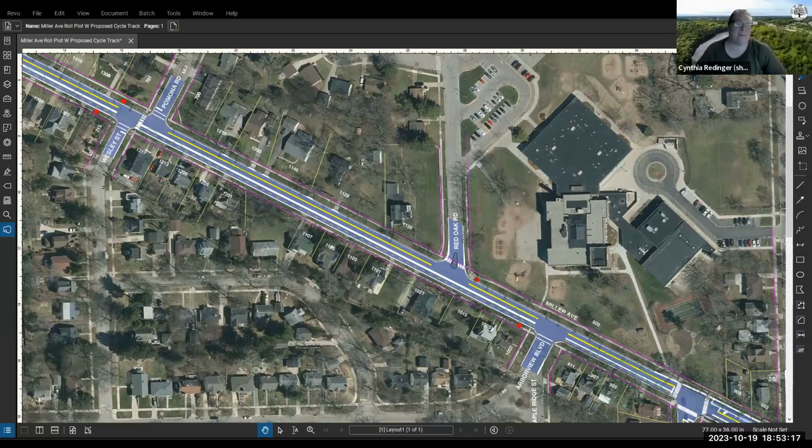Apologies, I was having trouble with my mic. Yeah, they are an effective solution that we typically use on our multi-lane crossings. Miller has a lot going on, right?